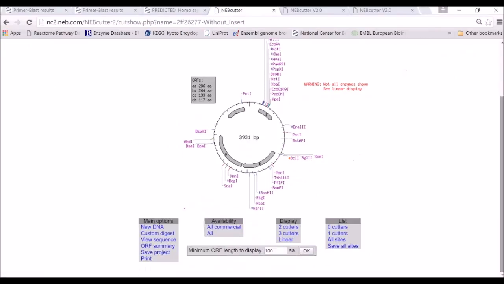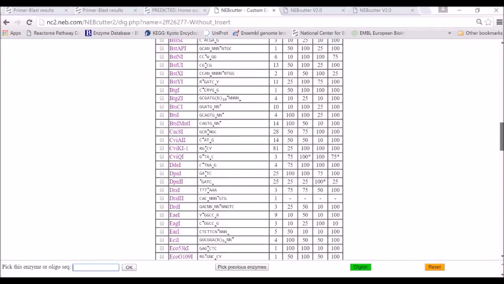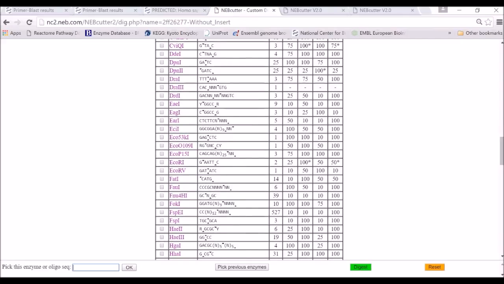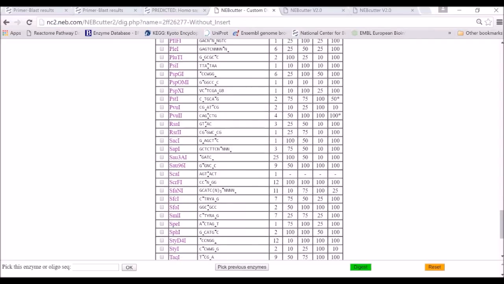Then we go to the custom digest menu and choose the enzymes we want to cut the vector with in order to verify the orientation. EcoRV and ScaI were chosen. Then you click on digest,